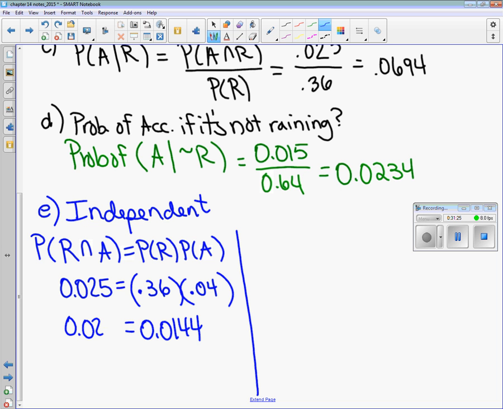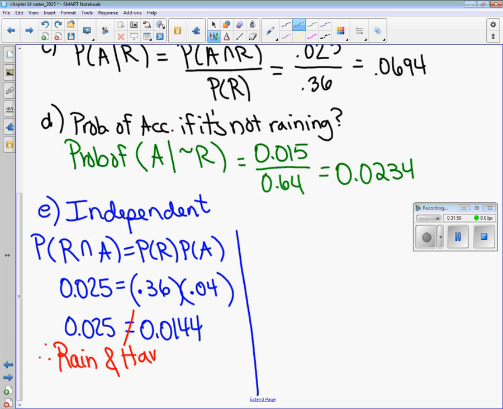Which is not equal to 0.025. They are not the same thing. That's your math. You have shown, therefore, back to geometry. Remember the 3 dots? Therefore, we're going to say that rain